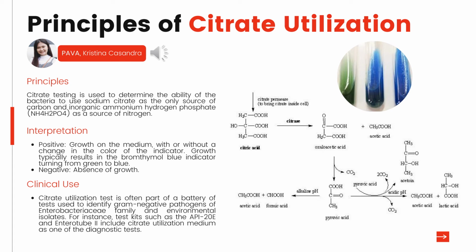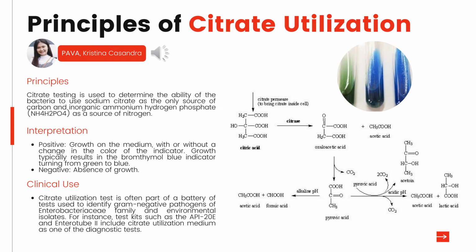The carbon dioxide that is released will subsequently react with water and the sodium ion in the medium to produce sodium carbonate, an alkaline compound that will raise the pH. In addition, ammonium hydroxide is produced when the ammonium salts in the medium are used as the sole nitrogen source. So growth usually results in the bromothymol blue indicator turning from green to blue. The bromothymol blue pH indicator is a deep forest green at neutral pH, with an increase in medium pH to above 7.6, bromothymol blue changes to blue.